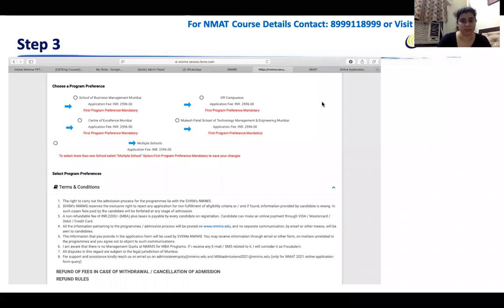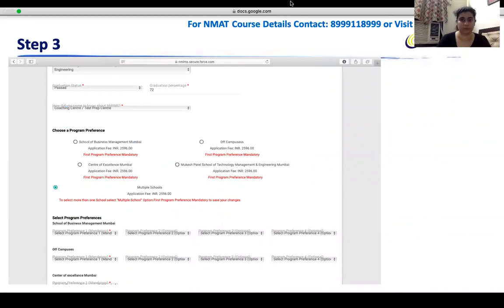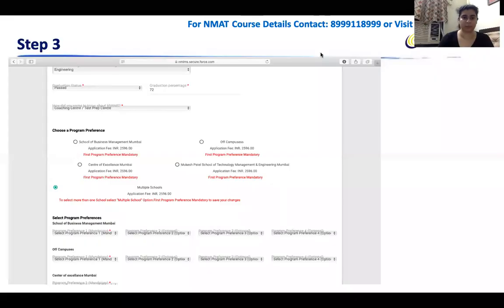If you choose multiple schools, then it will ask you to choose the various program preferences. Now when we choose multiple programs, you have to make sure you are selecting the program preferences, and the first program preference is mandatory to save in the options available.